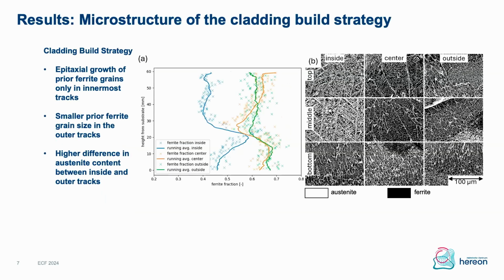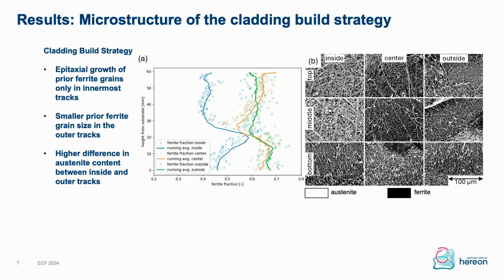For the cladding build strategy, the microstructure looks a bit different. In the inside track, we have, again, these epitaxially grown ferrite grains, but a much increased austenite content. And this is because we have a reduced cooling rate because all of the heat from the melt pool has to be conducted through a relatively thin wall. And also in the clad layers, we see a reduction in the size of the ferrite grains. And this is also due to the changed heat flow and solidification direction where the epitaxial grain growth is